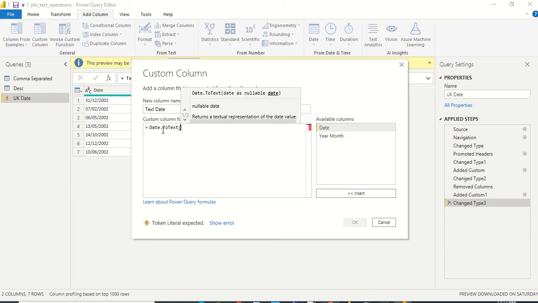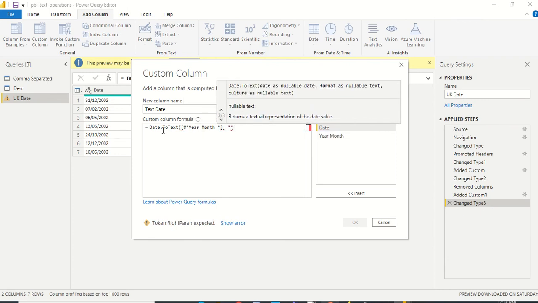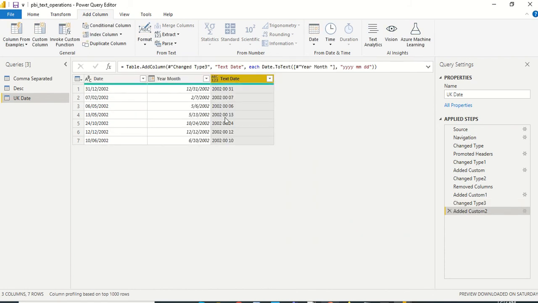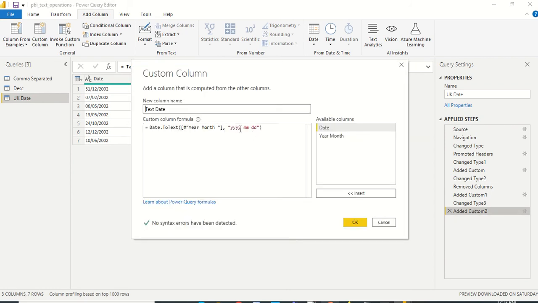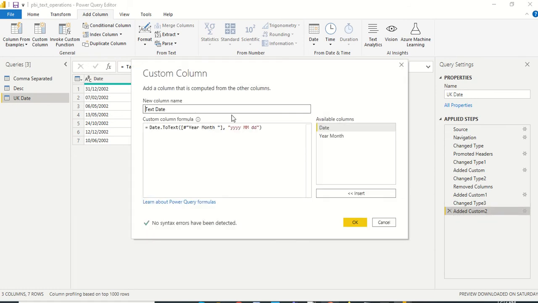And then we are going to give one column, and then we are going to give a format, and let me specify yyyy MM dd. Let me press enter. The formula is correct, and you can see 2002 0031. So let's see what is the problem out here. Let me try capital M. And I'll tell you one more thing: if I try it for capital Y, it will not work.